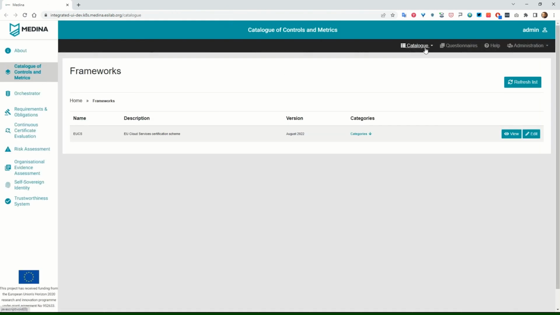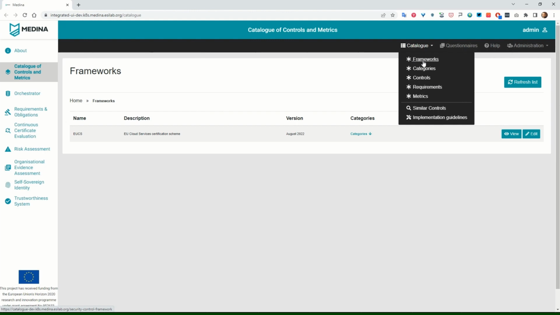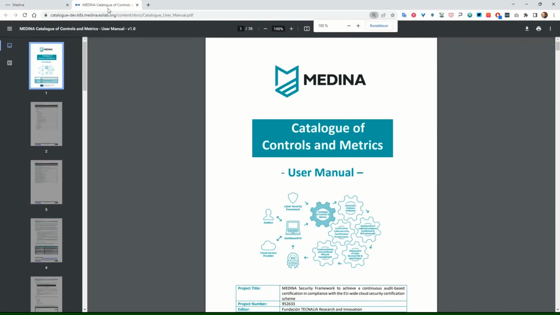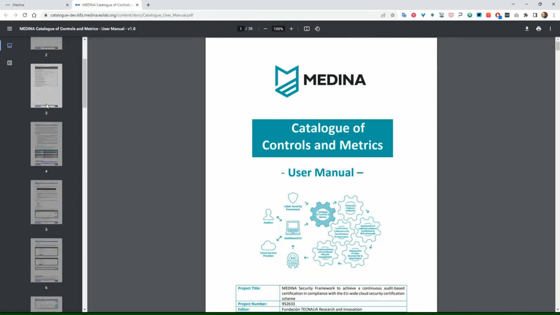Here, the menu options are Catalogue, which allows direct access to the EUCS scheme elements, that is, the security framework, the categories, controls, requirements, metrics, and also to similar controls and the implementation guidelines. We can access also to Questionnaires, which provide access to the self-assessment, the help that shows the user manual in the form of a PDF file,